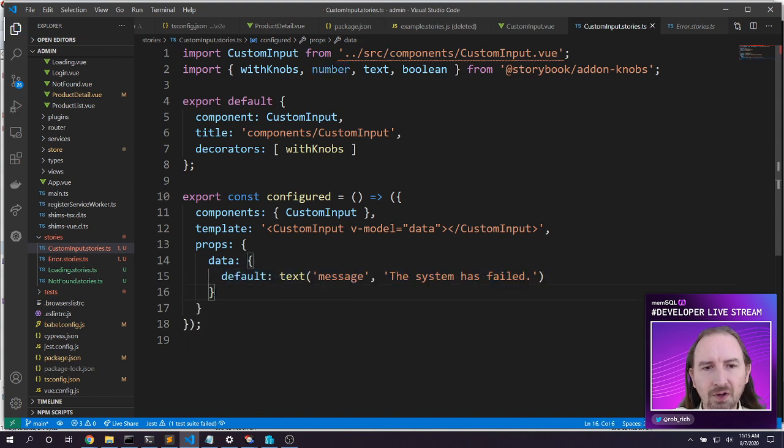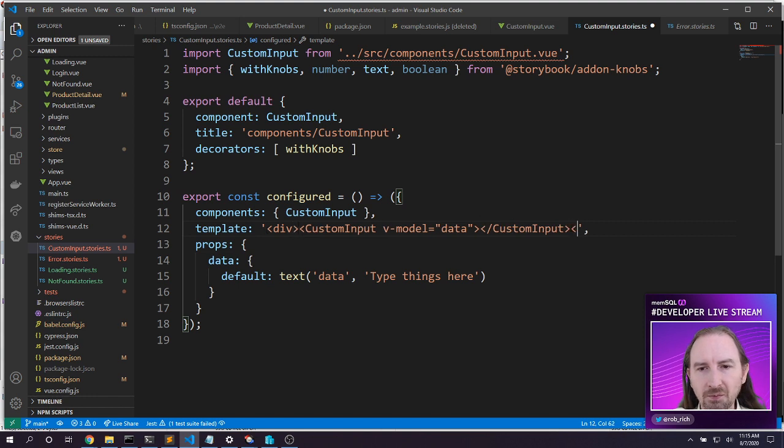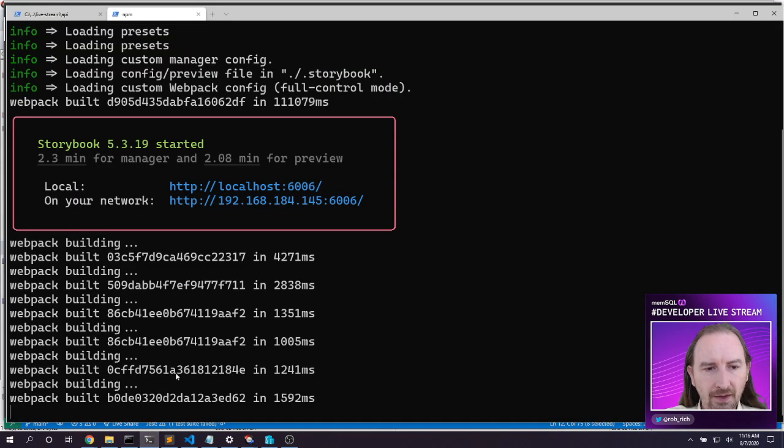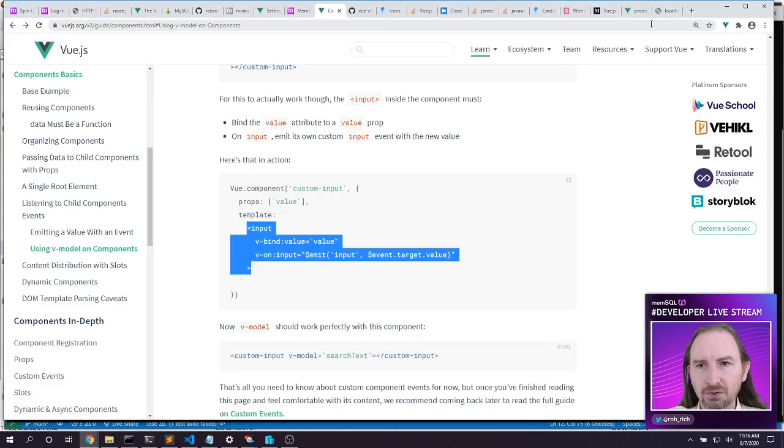Now, one of the things that we want to check is to see if the data changes. Now, this custom input is interesting. Let's do this. Div. Now we have our custom input. Let's do a line break. And then let's dump out data. Now, this isn't part of our component, so technically this is a little bit weird, but it's great for debugging this Storybook. And so now as we pull up our Storybook view,